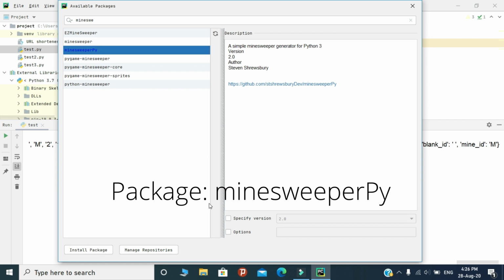Here I used PyCharm to install this package, and you can use any Python services like pip or Anaconda to install this package. That's your choice. And this package is a platform independent one. You can access this package through Windows, Mac or Linux operating systems. It will work on all other major platforms. So let's start the code.